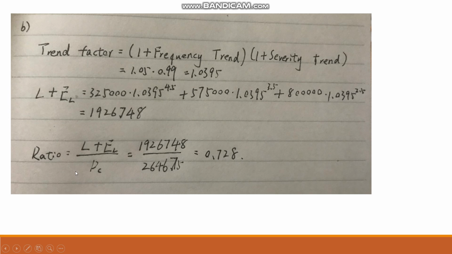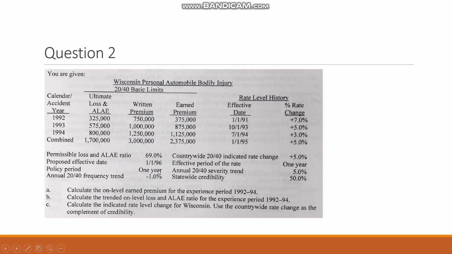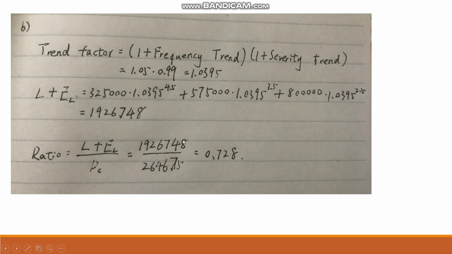The current premium is provided by problem A, so we don't need to calculate it again. But for the loss, we need to calculate the trend factor, which is computed by 1 plus frequency trend times 1 plus severity trend, which are provided in the problem,